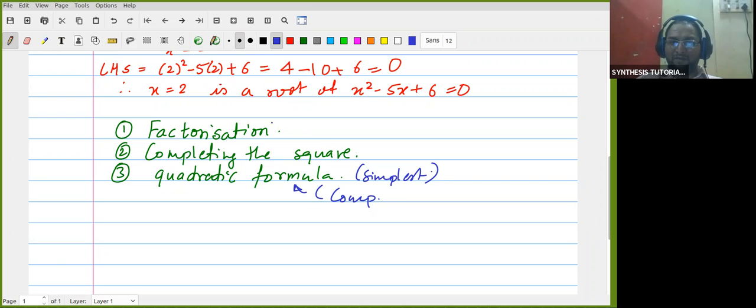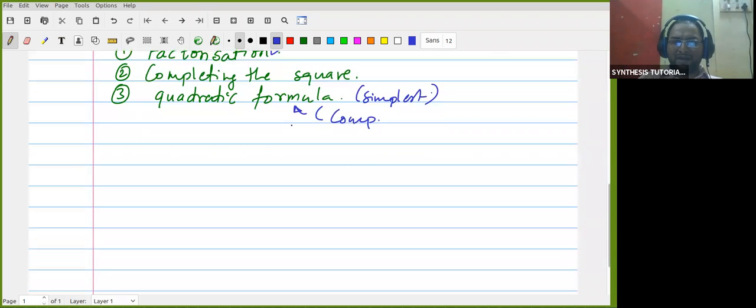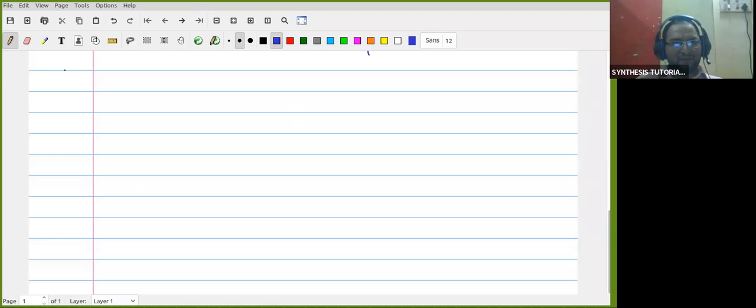For today, we'll be doing factorization. Factorization is already done in earlier classes, maybe 7th, 8th. You must have done factorization of polynomials, like x square minus 5x plus 6. This time you have x square minus 5x plus 6 equal to 0, because this is not a polynomial, it is an equation, right? So today we'll be doing the factorization method. Before getting into it, I want to do some simple things with you that will give you more confidence to solve those problems. Let me start by asking this question.